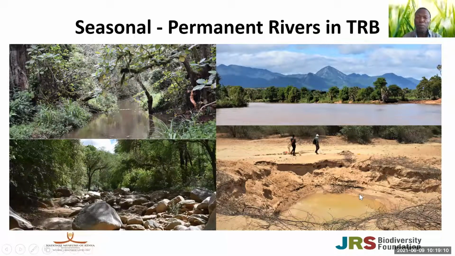And of course, the local people living in the area know what to do when all the water has disappeared from above. They simply dig a little bit below. They know where to dig, and they get water like what you see here, which they use for drinking and also for their livestock. And then you have also many dry riverbeds,